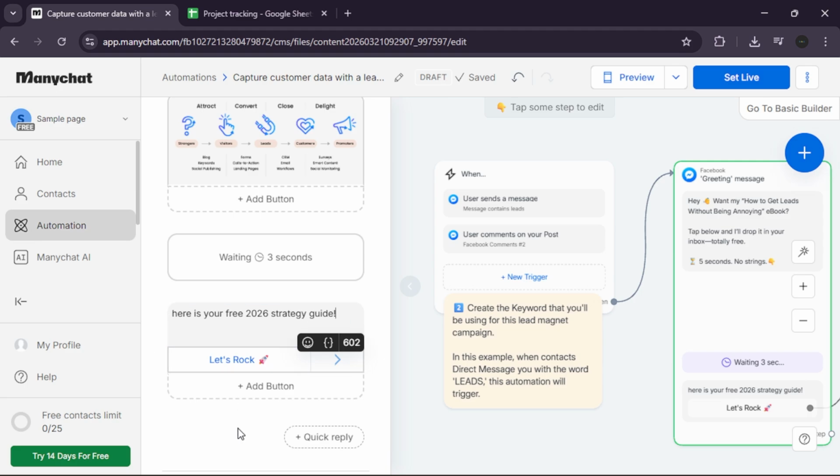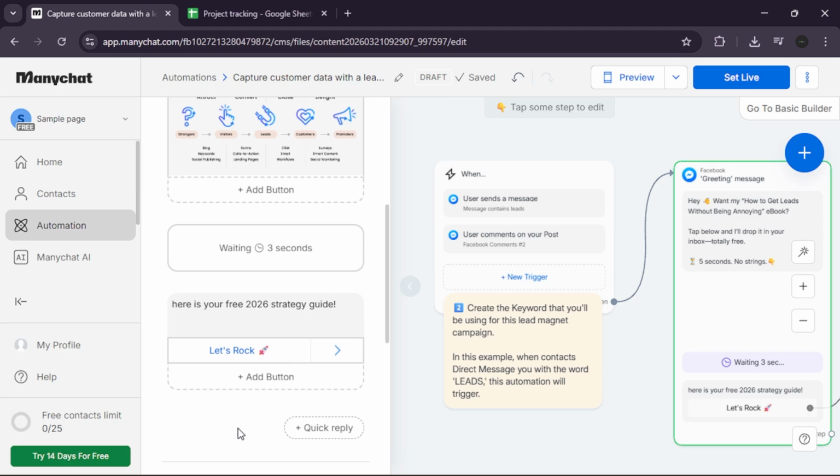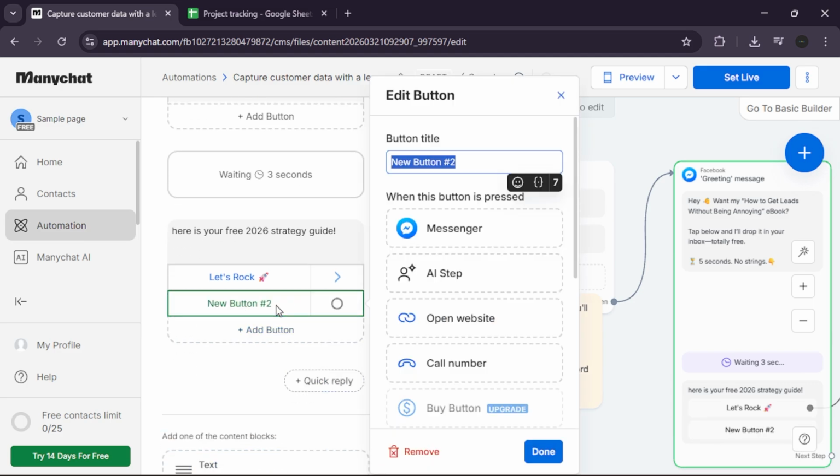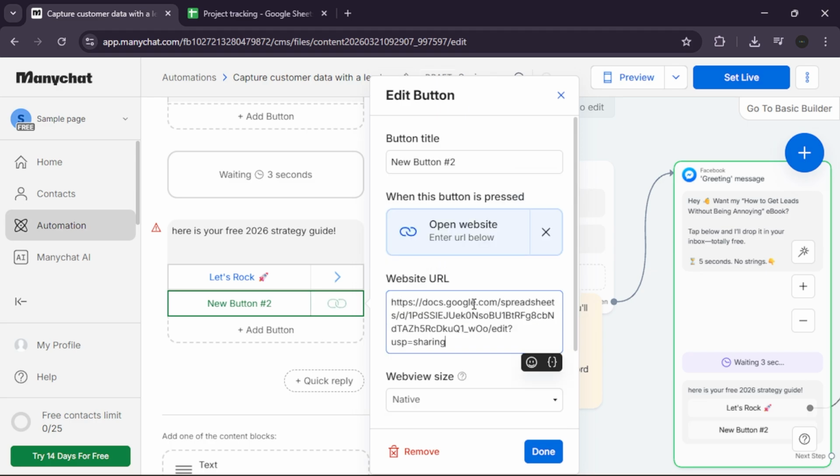Lastly, deliver the asset and set live. The final step is rewarding the user for providing their data by delivering the promised lead magnet by linking the success path of your data capture to a final message block containing a button that links to your PDF, video, or Google Drive file. Click Preview to test the data entry on your phone, then click the blue Set Live